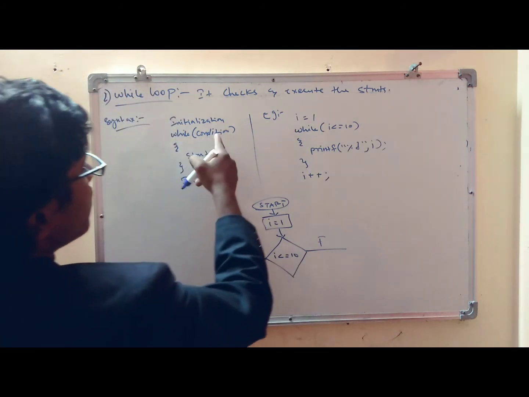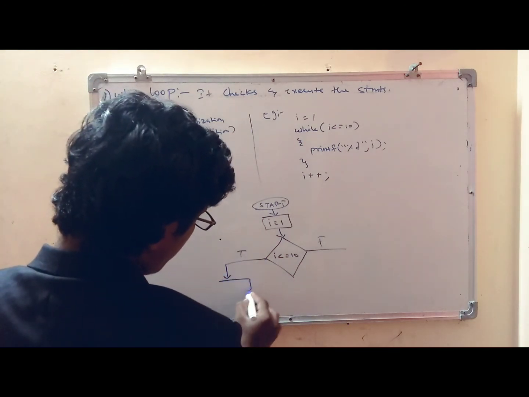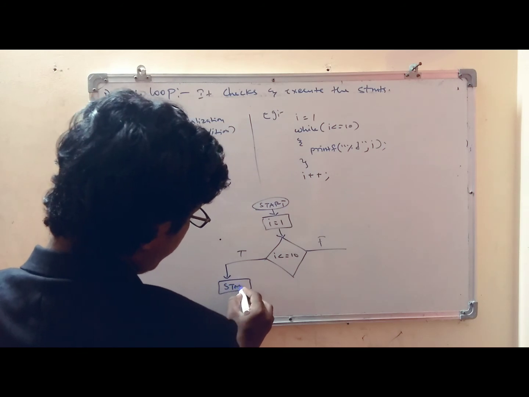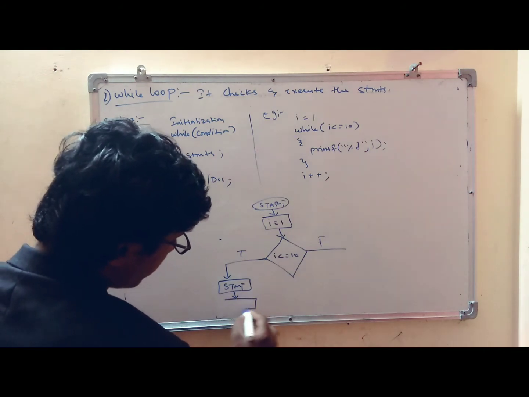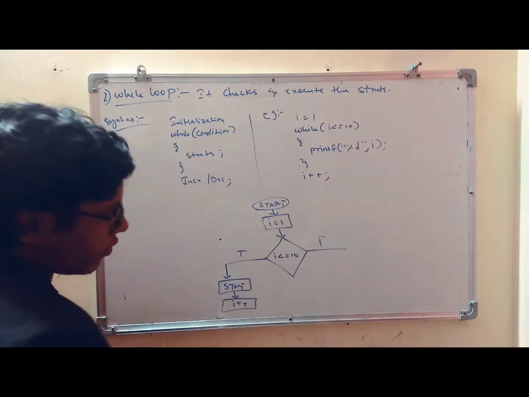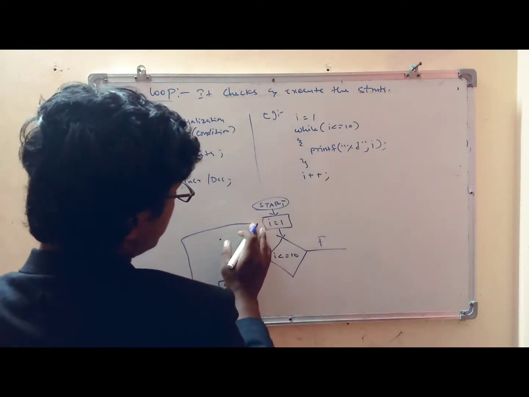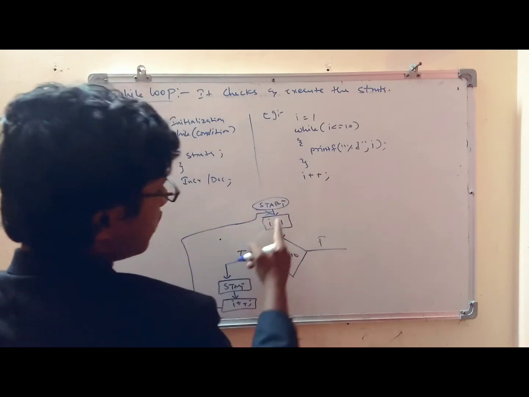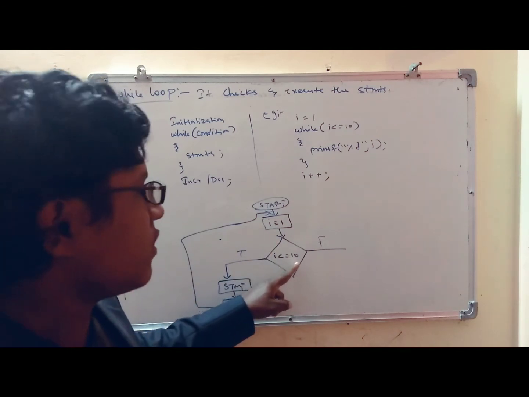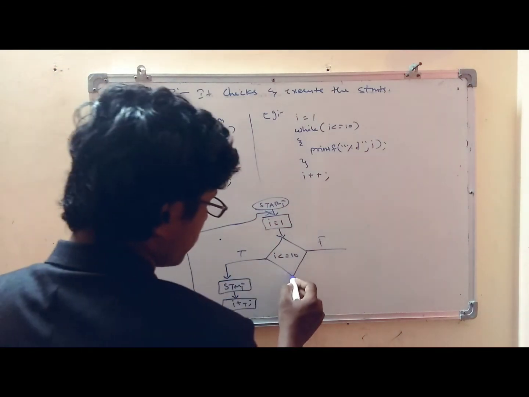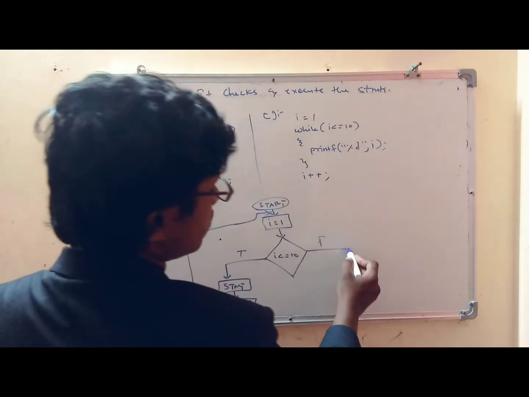So if the condition is satisfied, it will go to the statement. The statement is nothing but printf this. Okay. After that, it will go to incrementation, and again it will go to the i value. After incrementation, i becomes 2, and it will check again, and it will go to print here and run. Otherwise, it will not satisfy, then it will go to stop.